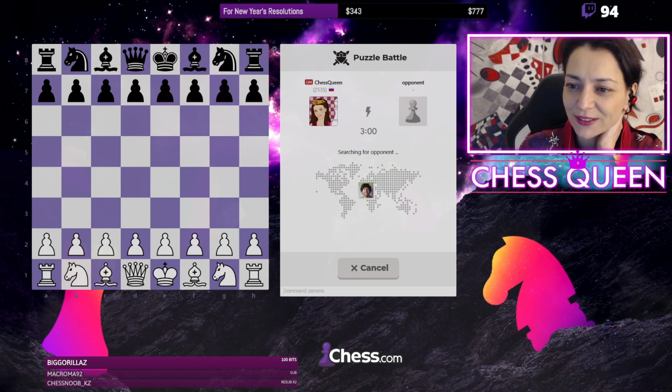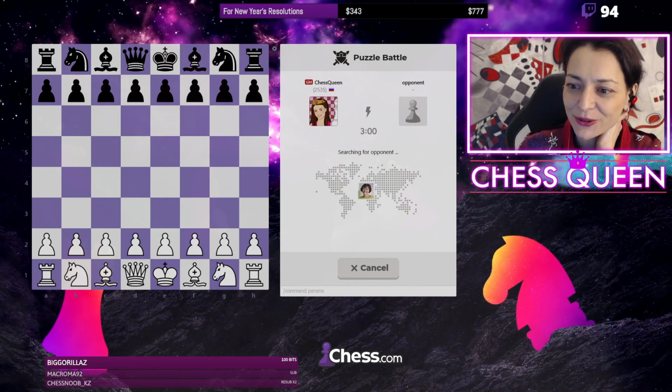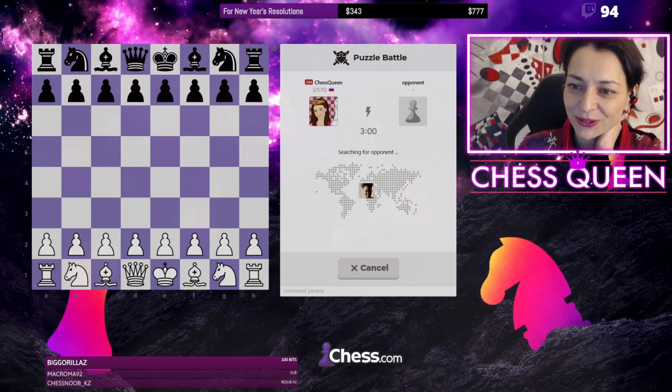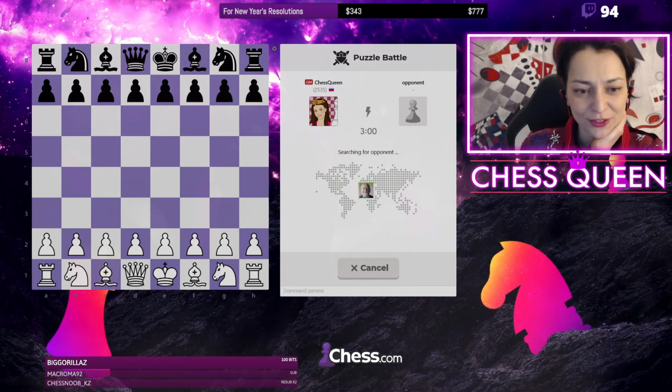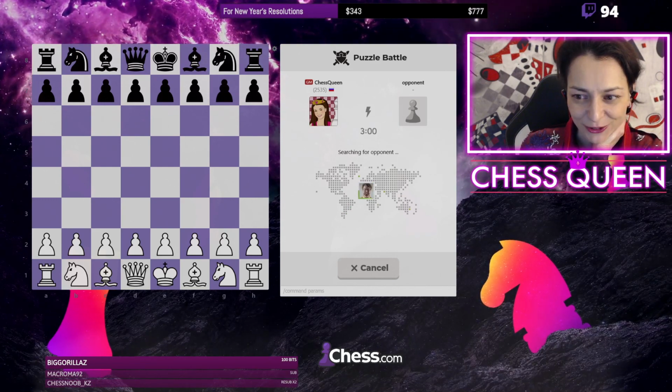41 is my goal in 3 minutes, right? And 50 is my goal in 5 minutes. Still getting there. Still trying to get to those numbers. Even though I learned this magical trick of solving the first